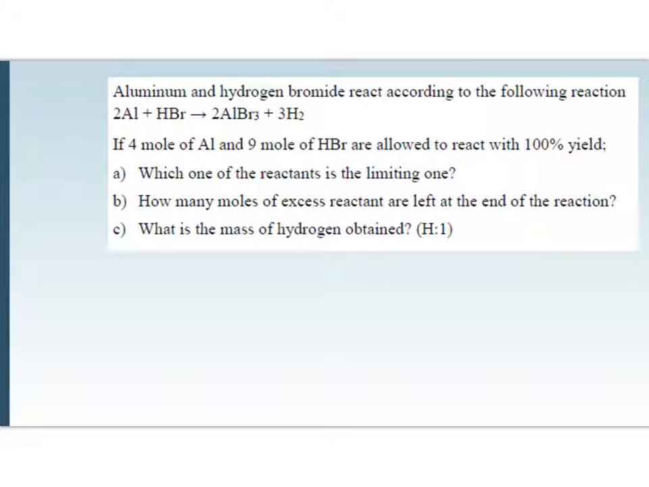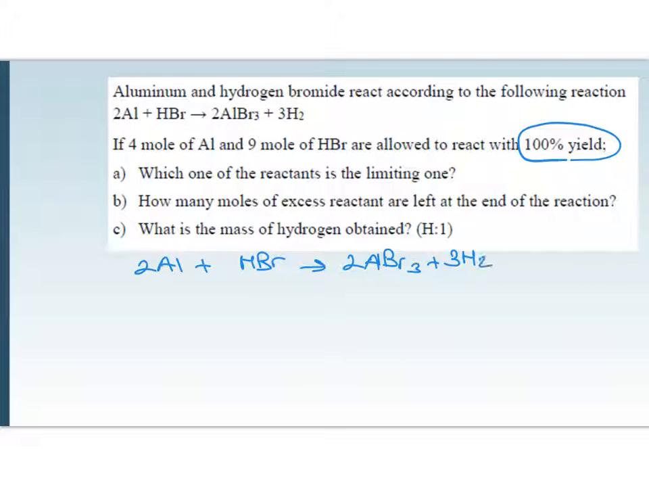Aluminium and hydrogen bromide react according to the following reaction. If 4 mole of aluminium and 9 moles of hydrogen bromide are allowed to react with 100% yield. Now the meaning of 100% yield is one of the reactants, at least one of the reactants, should be consumed totally. So just writing all over the reaction, 2 aluminium plus hydrogen bromide giving you 2 aluminium bromide plus 3